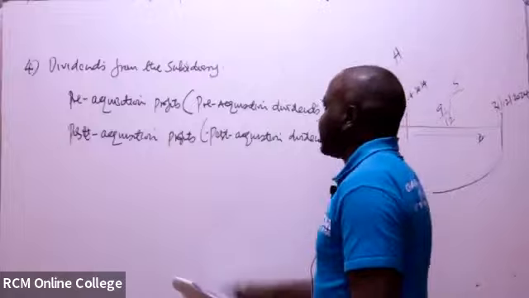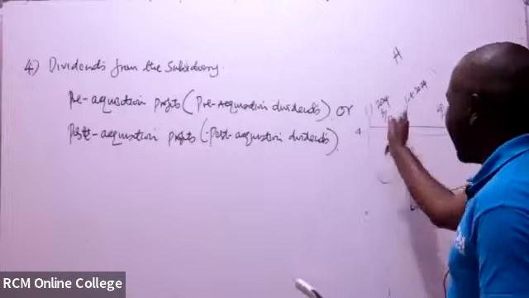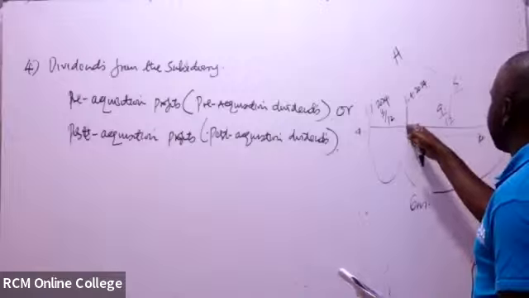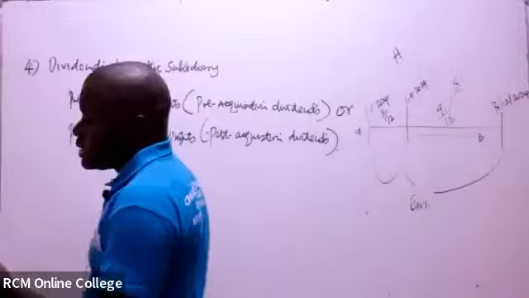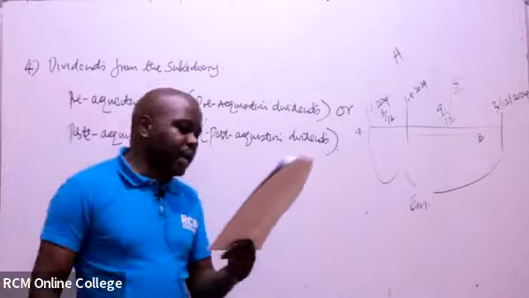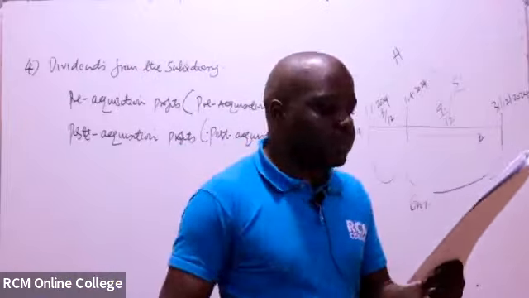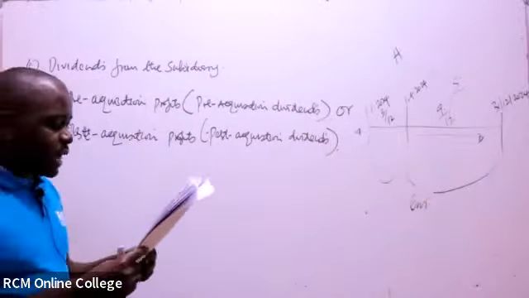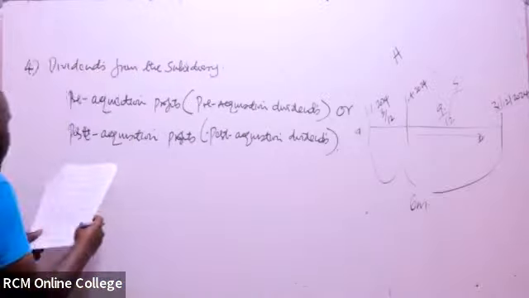So this one that is actually paid before the acquisition, we call it pre-acquisition dividends, which is for the 3 months and the period behind. But the one that they're having to enjoy after the acquisition is the post-acquisition dividends. So that's what you're having to say, that dividends may be paid out of pre-acquisition profits, in brackets, pre-acquisition dividend, or paid out of post-acquisition profit. We call it post-acquisition dividend. So full stop. Then you write and say, the parent share of pre-acquisition dividends,